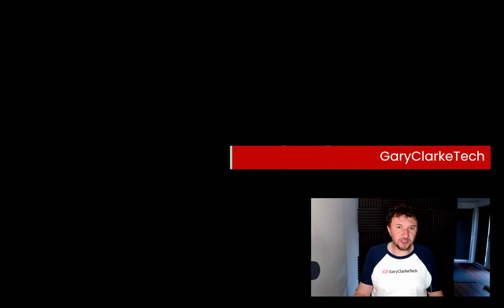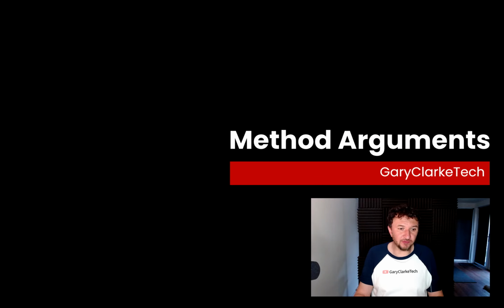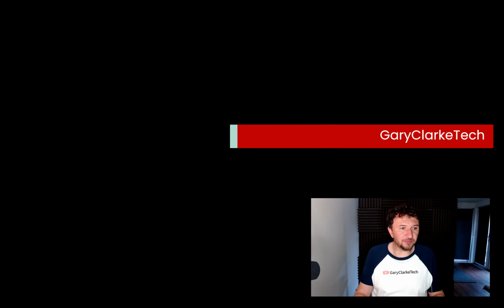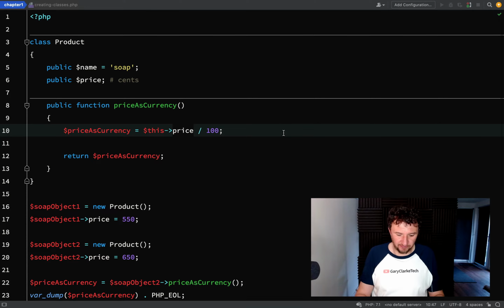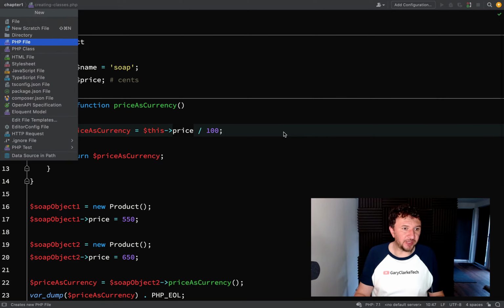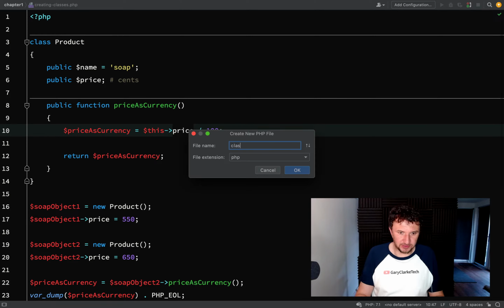In this one we're going to continue our work with methods, and we're going to have a look at passing arguments to methods. So I think we'll create a new file. In the project root, which is my chapter 1 folder here, I'm going to create a new PHP file and we shall call this